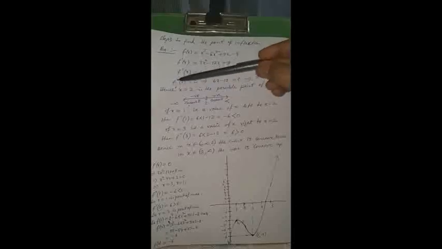If we put x is equal to 1 in f double dash x, then after calculation we are getting minus 6. As it is negative, that means f double dash x at x is equal to 1 is negative, so the curve will be concave down. Again, if we put x is equal to 3, we are getting 6, which is positive, greater than 0.